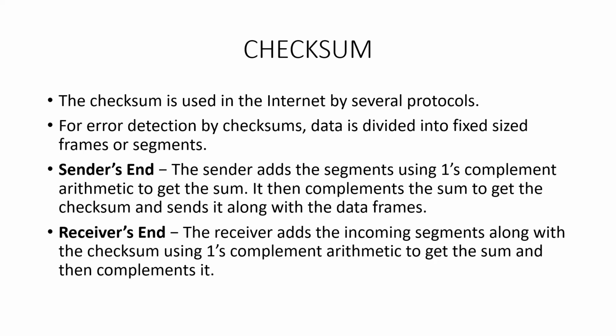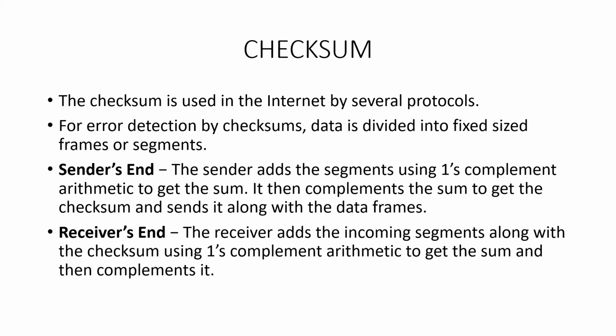For error detection by checksum, it is generally used at the network layer. It is generally not used on the data link layer. It is used at network layer protocol. So if you remember, we studied the OSI model, and we studied the data link layer and transport layer. The data link layer also performs error control mechanisms, and the transport layer also performs error control mechanisms. So this checksum is basically used at the transport layer because it is used for different networks.